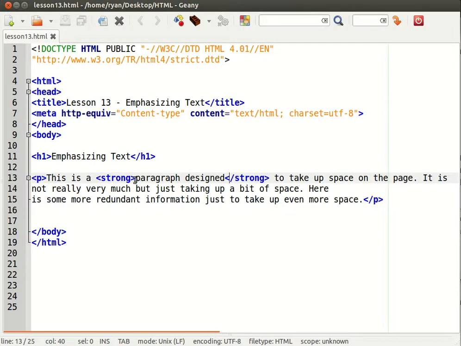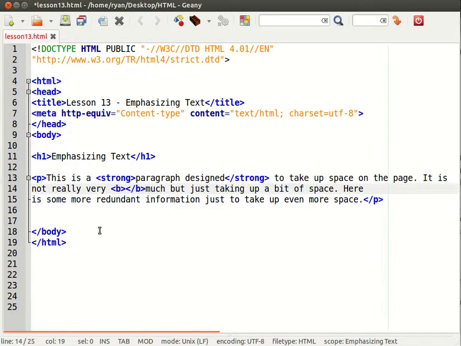So it has more than just a presentational aspect to it, and that is why we like to use it, because search engines will pick out these words as being more important than the surrounding text. So in the past we used a tag called the B tag for bold, but I'm sure that this tag will eventually be dropped from the HTML specification because the B tag was purely presentational in its nature, and that can in any way be done using CSS. So don't use the B tag for bold, use the strong tag because of the added benefits of designating importance